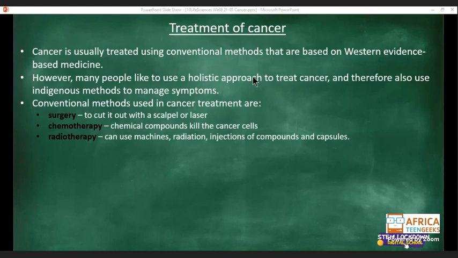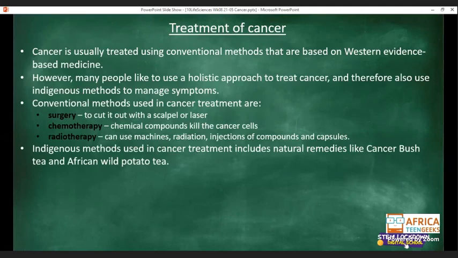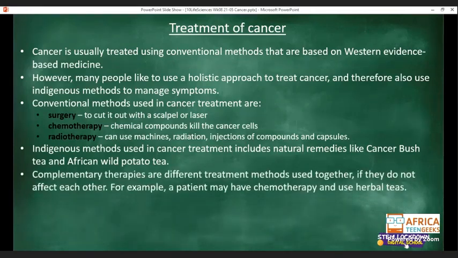All right, so we have about 5 minutes left. For indigenous methods, that is our traditional methods used in cancer treatment, these include natural remedies like the cancer bush tea and African wild potato tea. Some patients may prefer using these methods instead of the conventional methods. So they do help. And we also have complementary therapies. So these are different